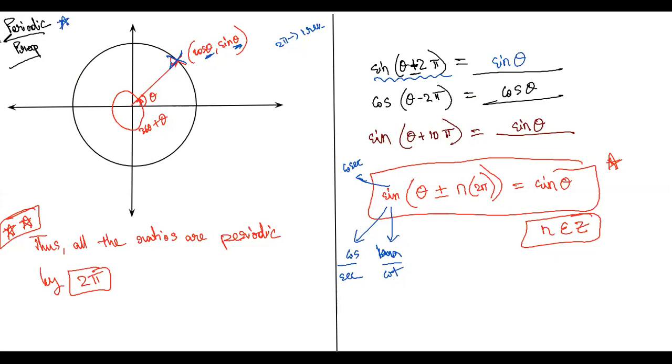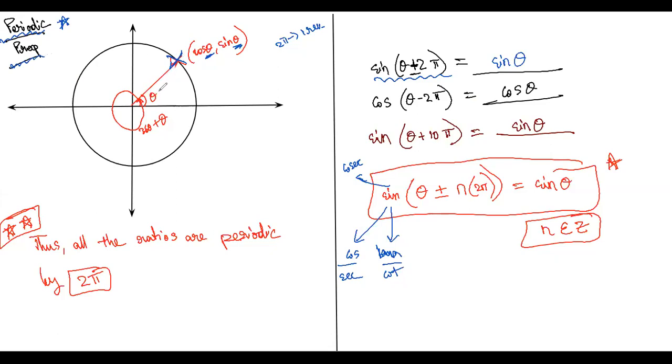What do you mean by periodic? Have you heard of this word? Period. In school you have period, no? First period, second period, third period. Period is something that is recurring at a particular regular interval. So there is something periodic about a circle.